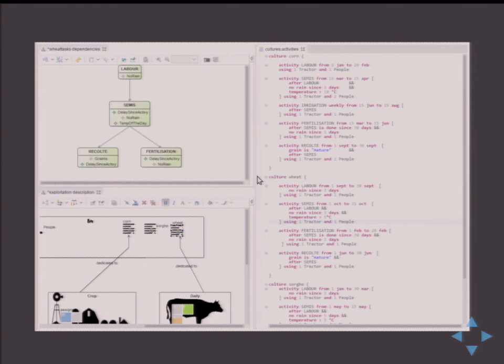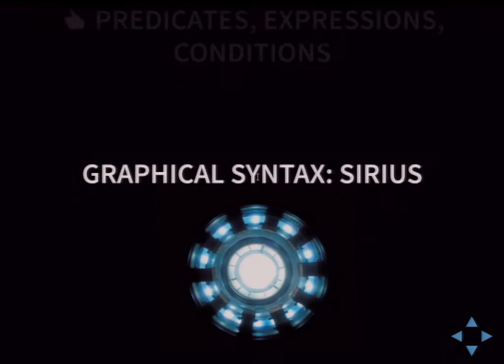Because honestly, this kind of information you have at the right, if I would have to design a graphical editor to do that, it's all right to see it as a graph on the left, but editing expressions, editing predicates, it's really painful graphically. And I mean, even using a tree-like editor, it's not a good tool for the job. So predicates, expressions, conditions are all really good signs that you should use a textual syntax.